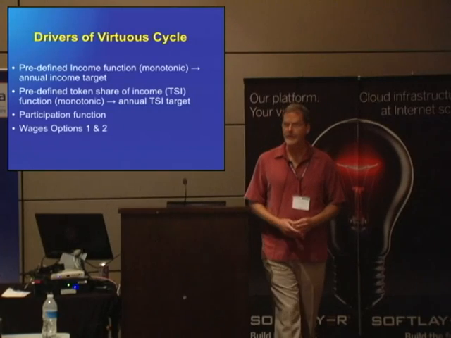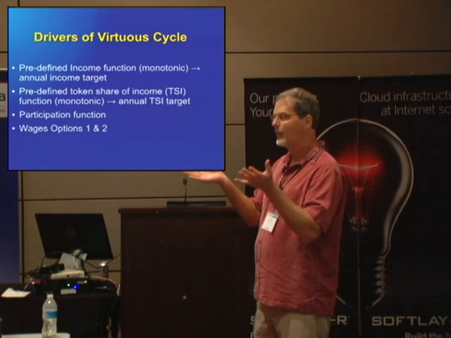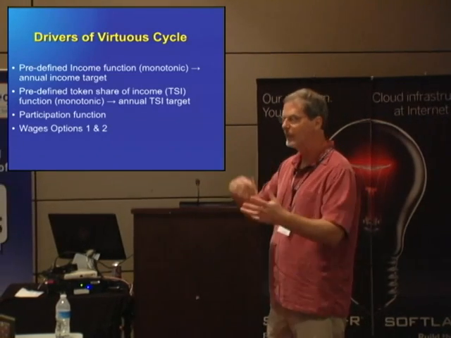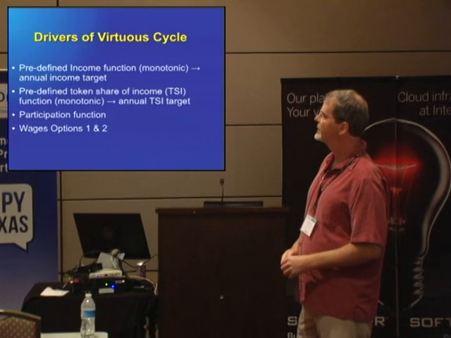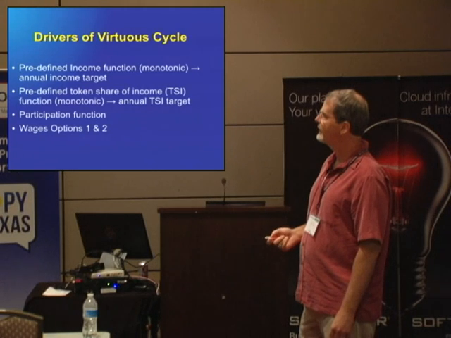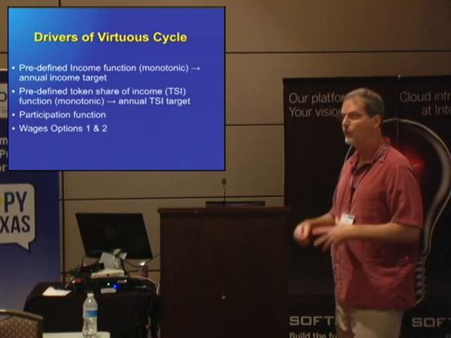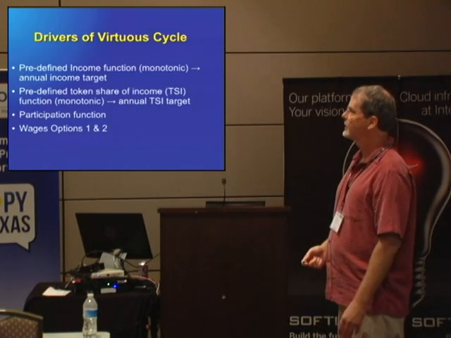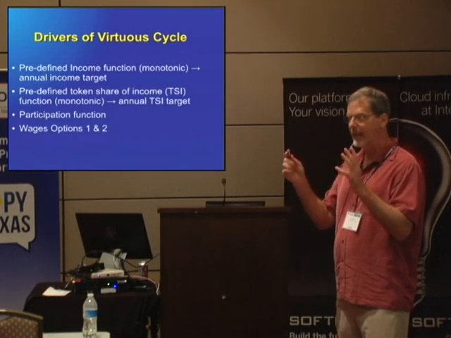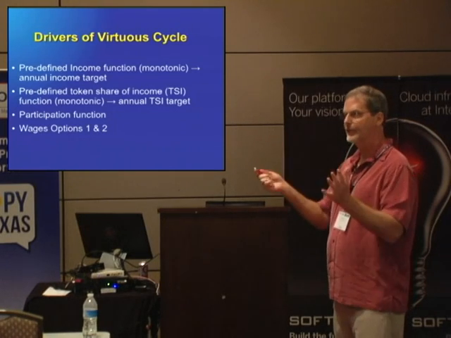All right, so I've showed you that virtuous cycle that goes round and round and round. So what drives that? The mechanics of it are, one mechanic I've already discussed is that the local volume of money increases, and then that's shared in various ways. But what actually drives it are several constructs. One of them is a predefined income function, a monotonic income function. This is defined by the LIDA community before the first token is ever issued. So essentially, this is what we expect to happen under our system. Income is going to rise, and here's how we're going to share that income rise.